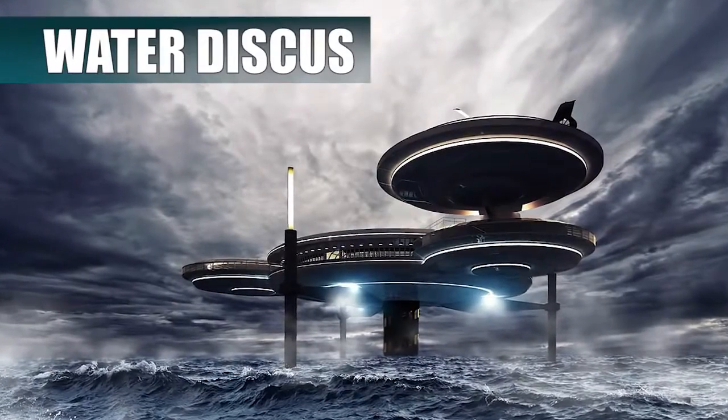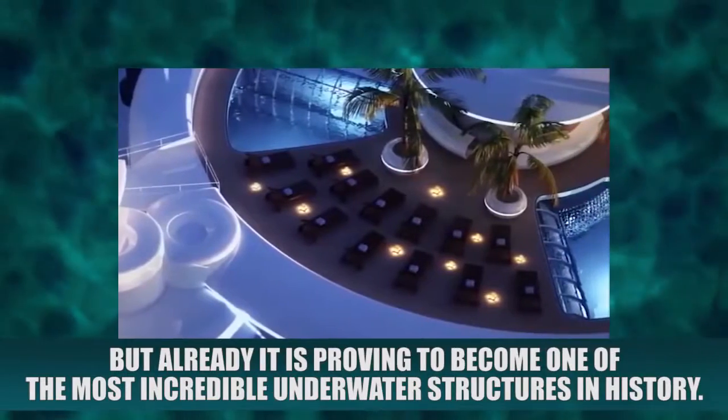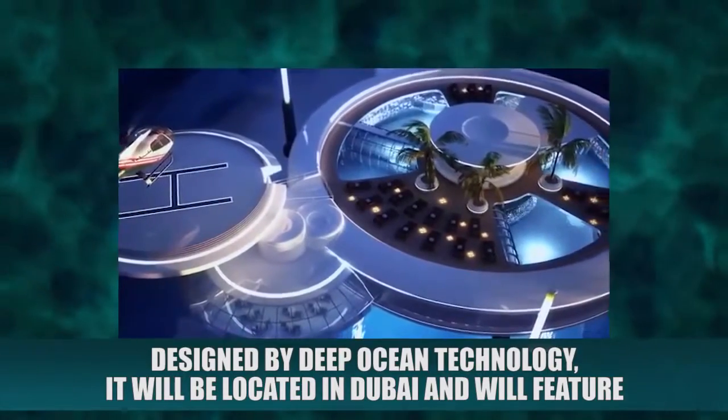Water Discus. The Water Discus Hotel is still in the planning stages, but already is proving to become one of the most incredible underwater structures in history. Designed by Deep Ocean Technology, it will be located in Dubai and will feature